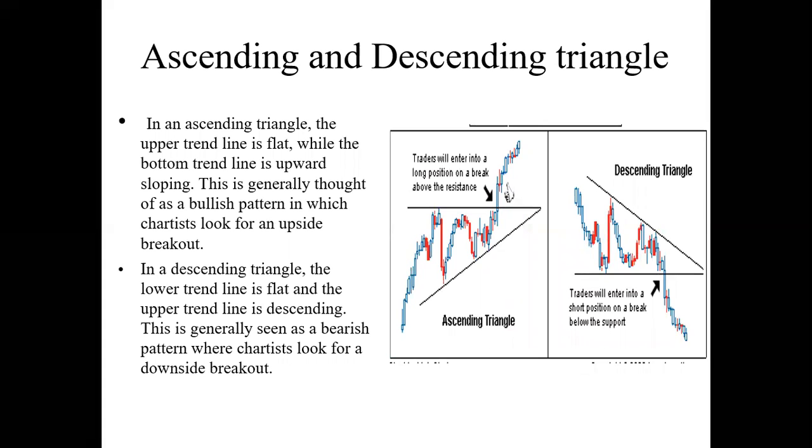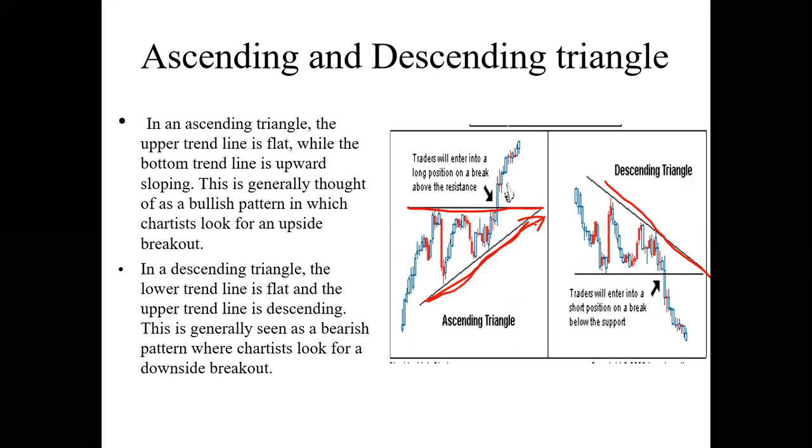Now ascending and descending triangles we can see. This is the ascending triangle going up, and this is the descending triangle. In an ascending triangle, the upper trend line is flat. You can see in the graph, this will be the flat shape, while the bottom trend line is upward sloping. So this is generally thought of as a bullish pattern in which chartists look for an upside breakout. So we can easily say that this is in